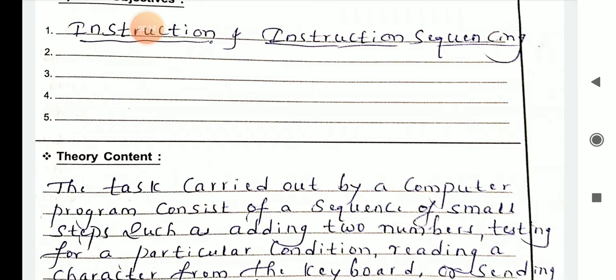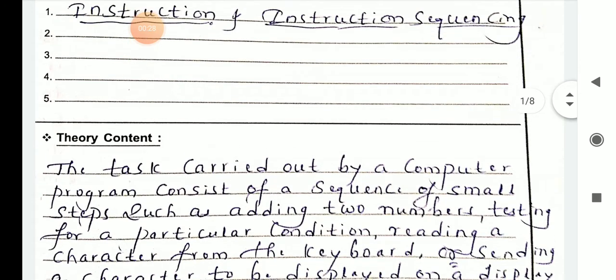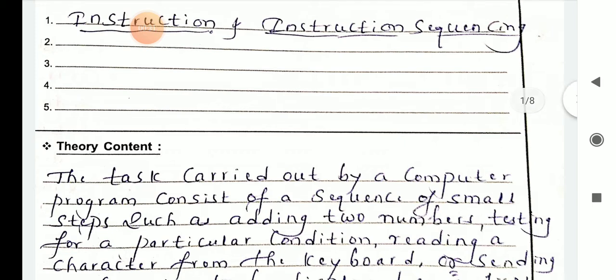Before we start, in the last class we saw chapter number 3, IEEE 754 floating point number representation. In that there are two types: the first one is the single precision format, the second one is the double precision format. In the single precision format there are three parts. First is the sign, represented in a single bit, 1 bit. Second, the exponent, represented in 8 bits. And third, the mantissa, represented in 23 bits. So that is 32 bits for the single precision format.